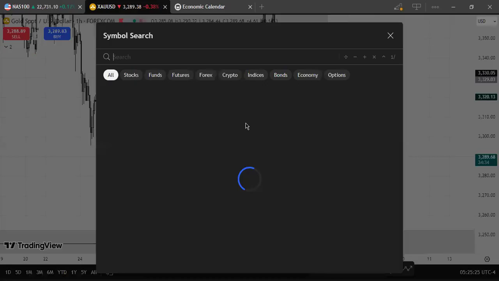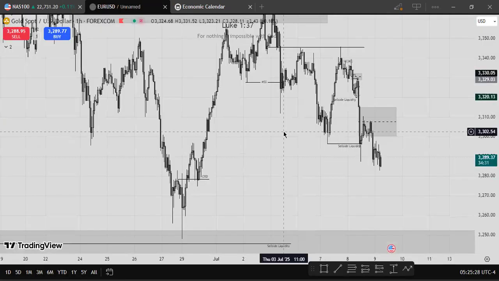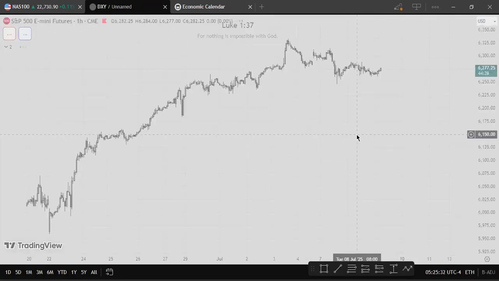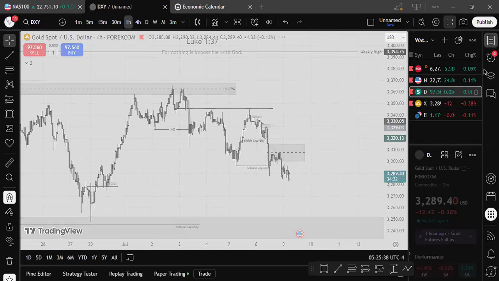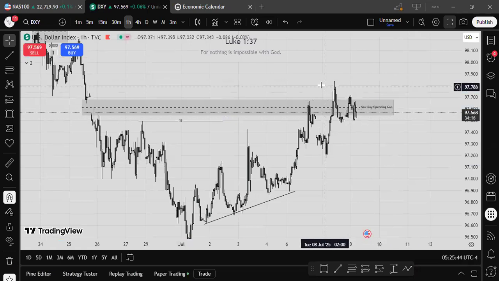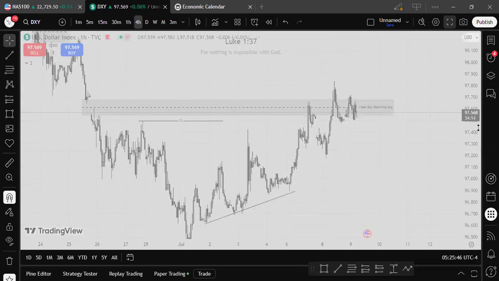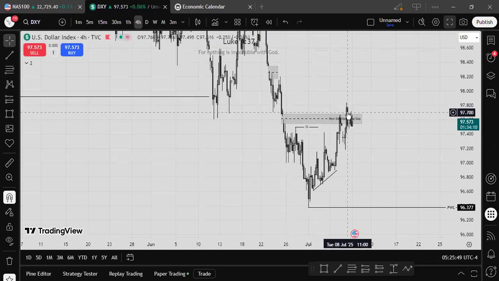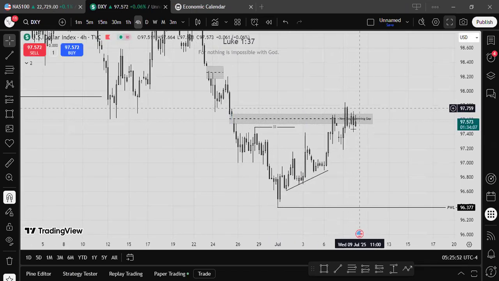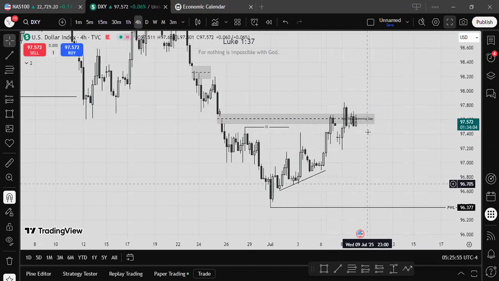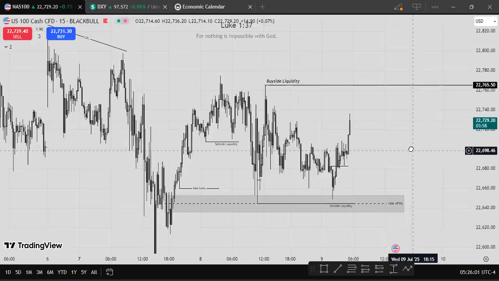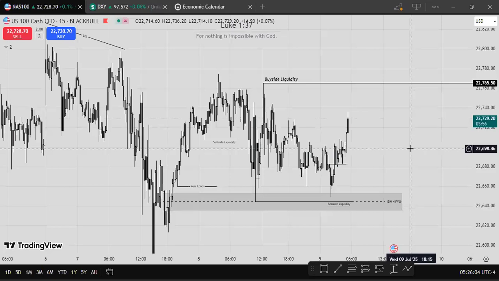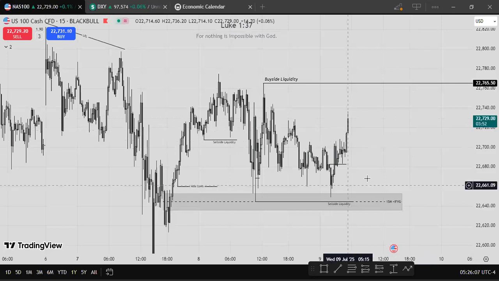And then also looking at, let's see what the dollar index is doing. I'm sure we're pushing higher because we are expecting sells here. So I'm sure, okay, we're stalling here. I could expect us to push a bit higher into this gap here. Okay, we already traded into it. But yeah, I'm expecting a little stall before we actually start pushing lower to these lows here. So that's what I'm seeing for today. We'll keep an eye out on Nasdaq and gold.